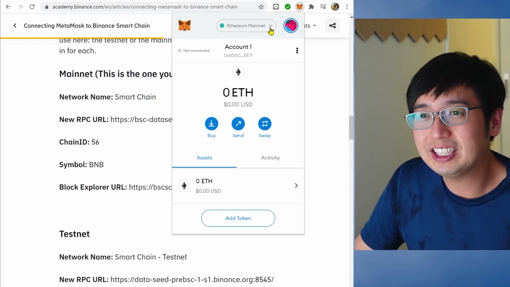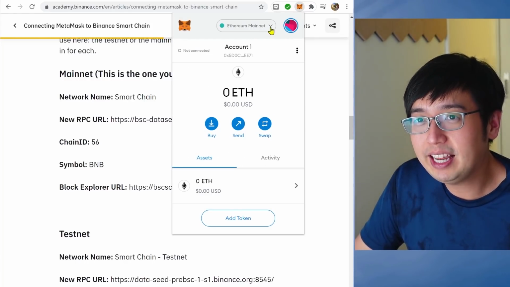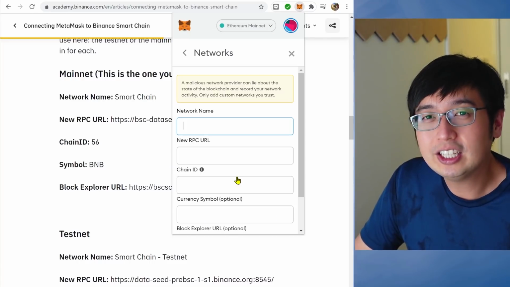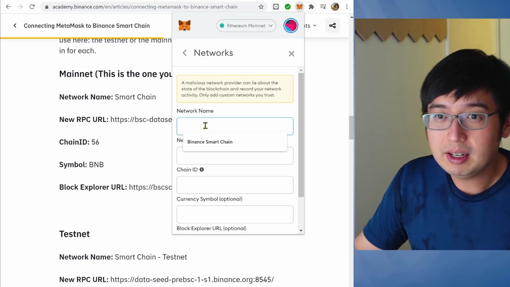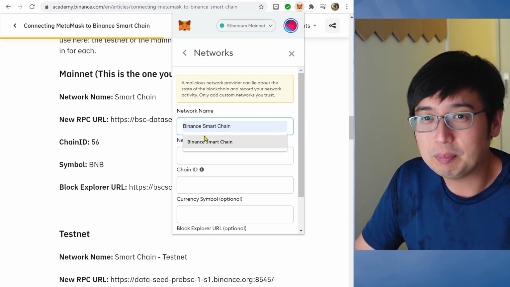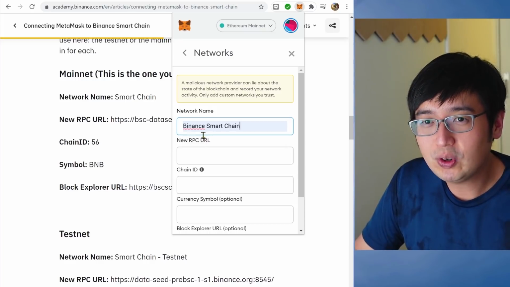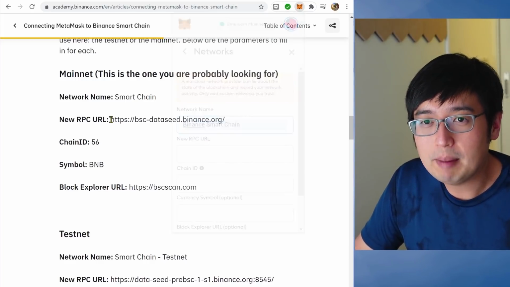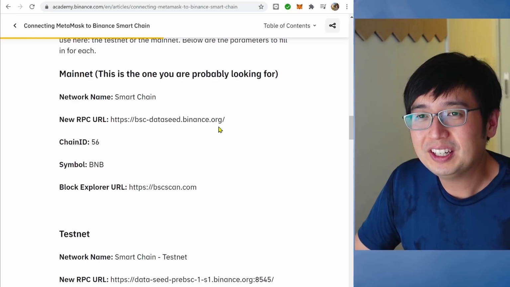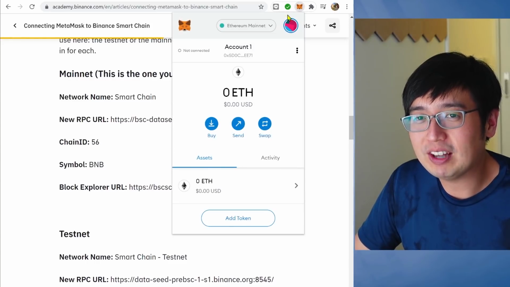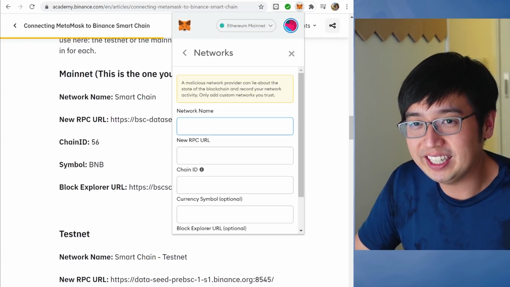Then you select this dropdown from Ethereum mainnet, this down arrow at the right, custom RPC. And network name, just type that in. It can actually be anything. It could be Smart Chain, Binance Smart Chain. It's just going to be displayed on your end. Then you're going to want to copy this right here. Whenever you click out of the browser extension, you're going to lose this window and anything you've written in it.